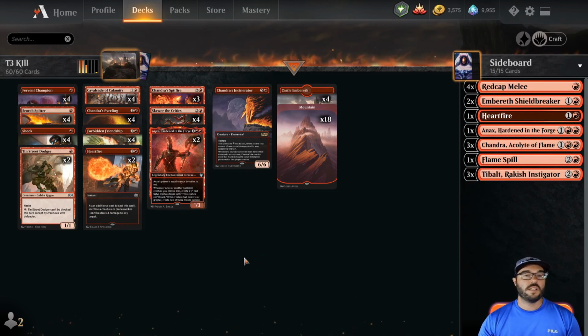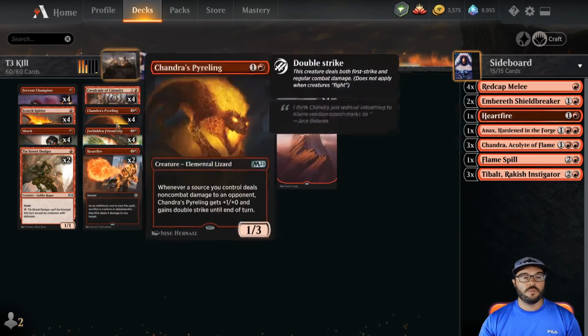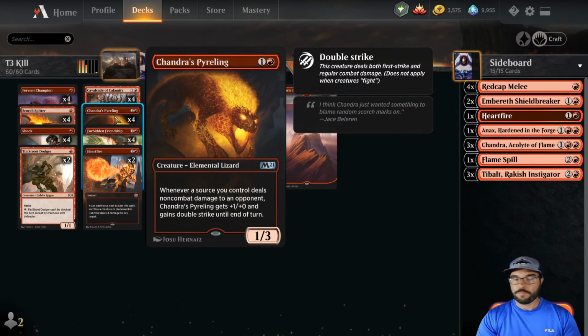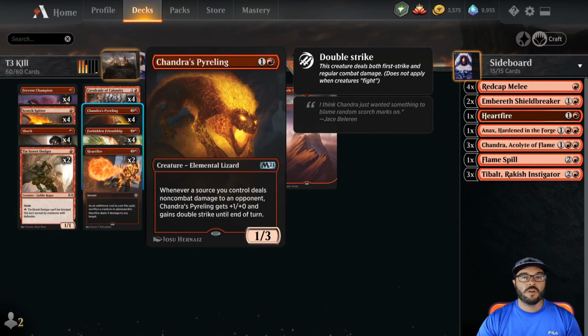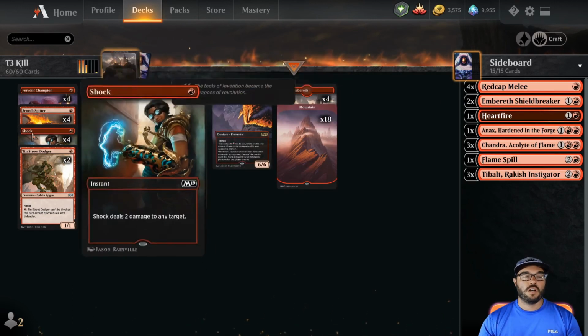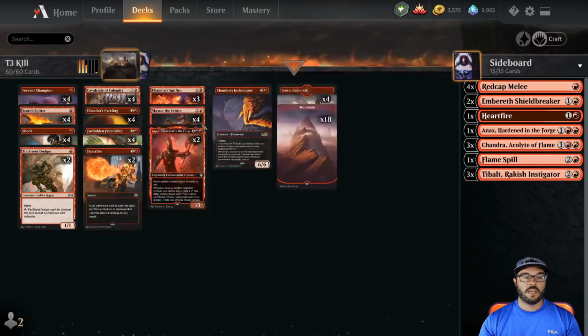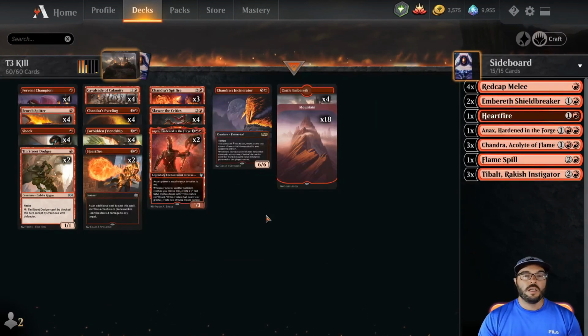One of the sequences that leads to lethal damage on turn 3 is turn 1 Scorch Spitter. Turn 2, Chandra's Pyreling. This is a new card from M21. Whenever an opponent is dealt non-combat damage, it gets +1/+0 and double strike. And then on turn 3, any combination of Shock, Shock, and Skewer, or Shock, Skewer, and Skewer, is enough to